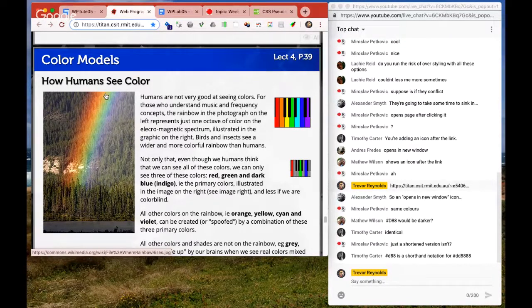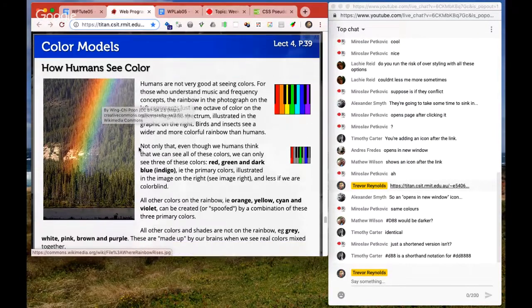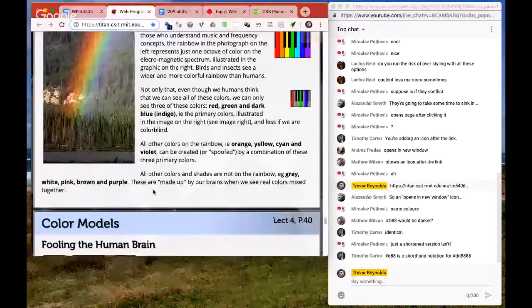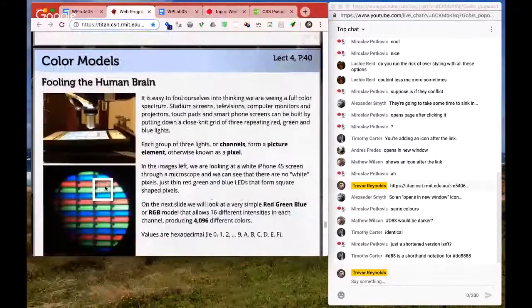Yellow, we can fool a human into thinking they're seeing yellow by just shining red light and green light close together. If you look really closely at your screen, or even get a drop of water on your iPhone, you can actually see the little tiny lights glowing. So there's no yellow light, there's no orange light. It's all made up of a red channel, a green channel, and historically a navy